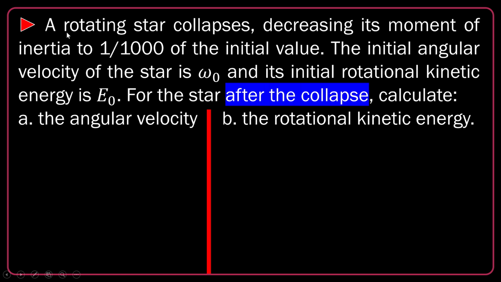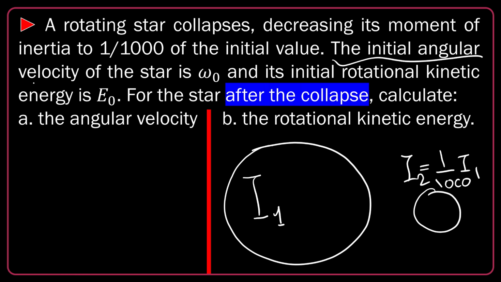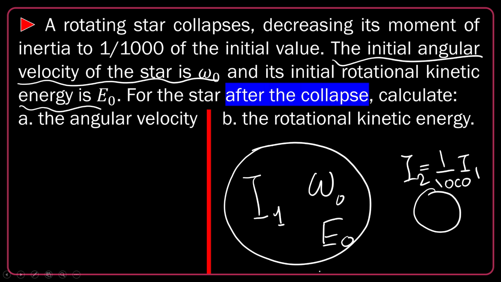Another question. A rotating star collapses, decreasing its moment of inertia to 1,000th of its initial value. We have a bigger star with initial moment of inertia of I1, then it collapses and becomes I2. I2 is 1,000th of I1. The initial angular velocity of the star is omega naught, and its initial rotational kinetic energy is E naught. We suppose that it's omega naught and E naught. For the star after the collapse, the new ones, calculate the angular velocity, let's say it's omega, and the rotational